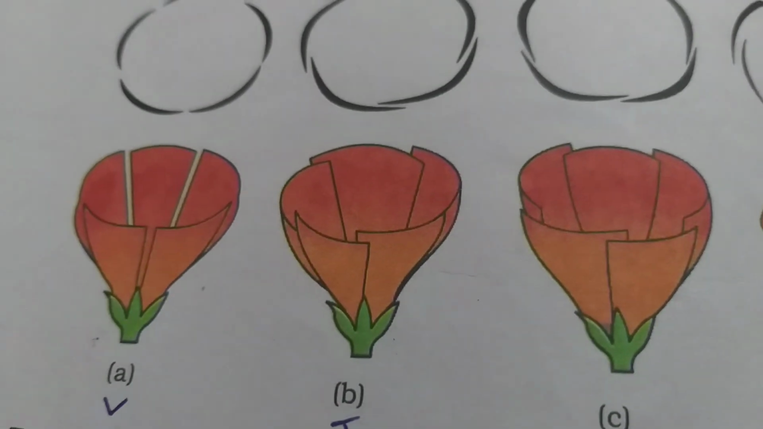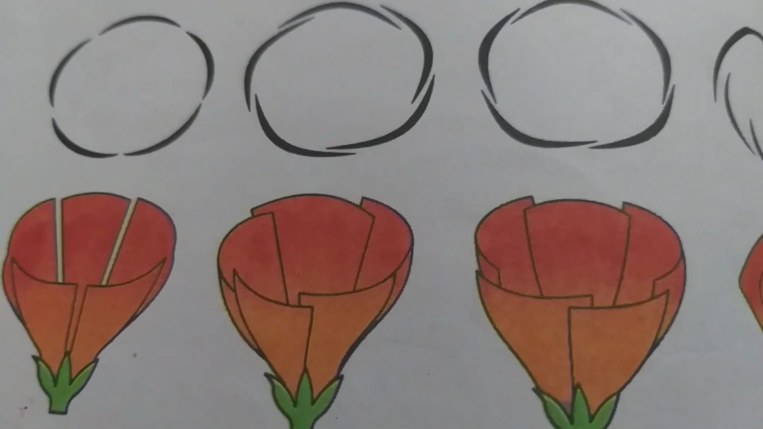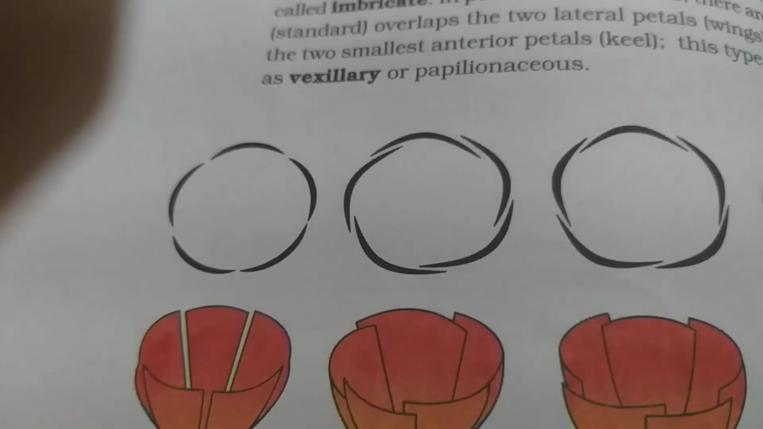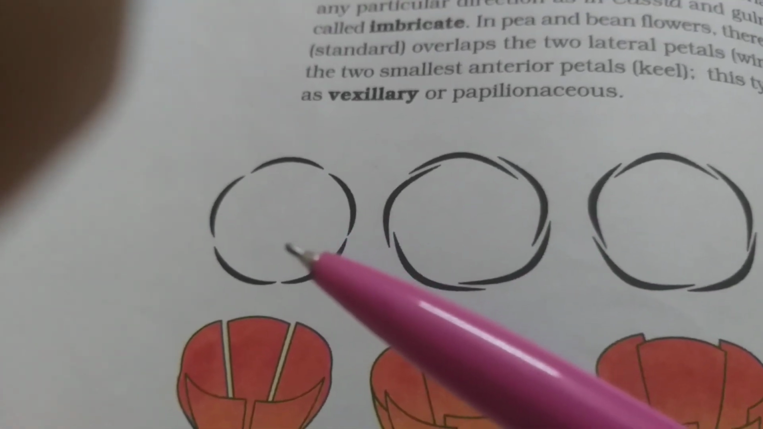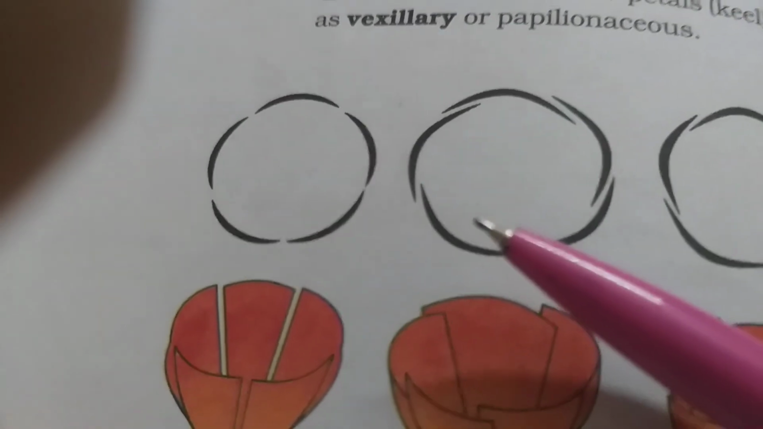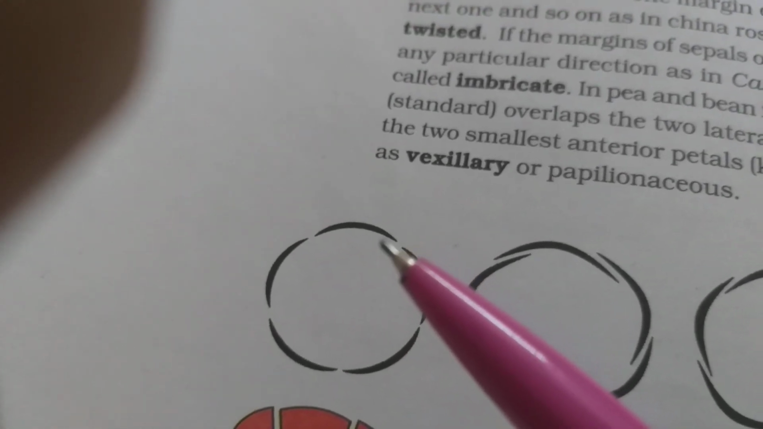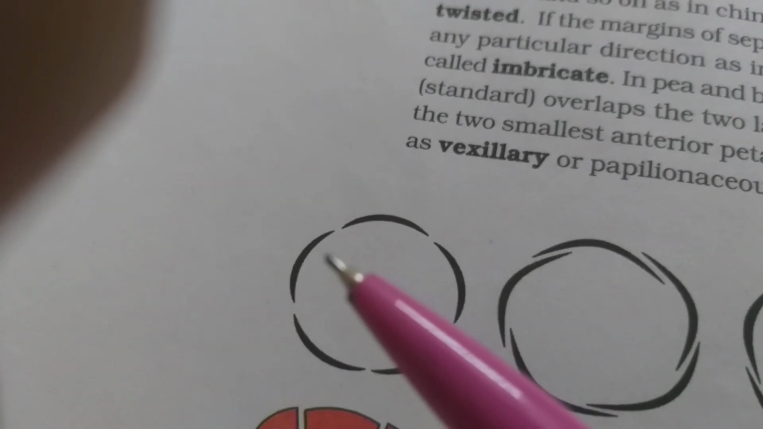This is estivation. Estivation means the arrangement of petals or sepals with respect to each other in the same whorl, how they are arranged. This is a representation of sepals or petals. This is called valvate, twisted, imbricate and vexillary. In valvate estivation, the margin or edge of each petal just touches the margin of the next